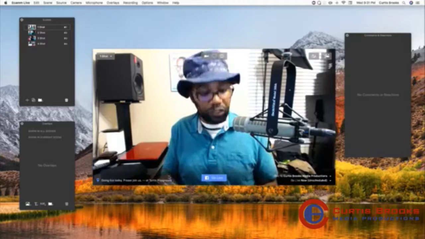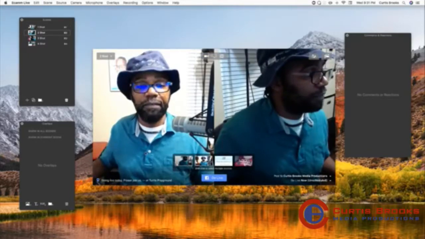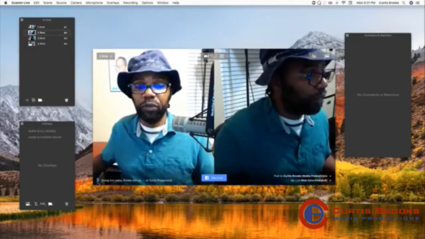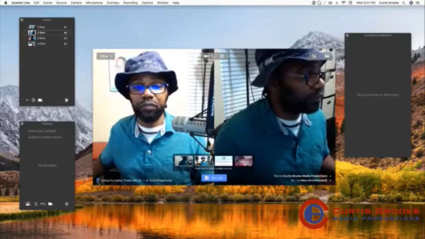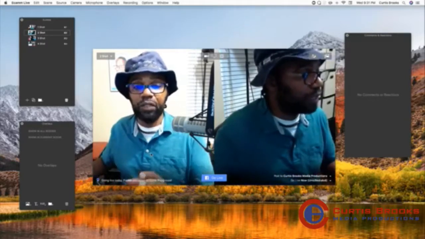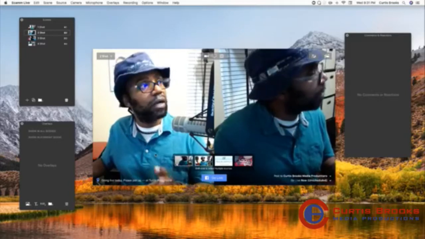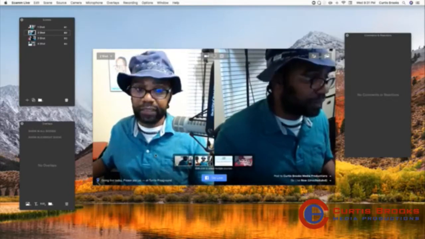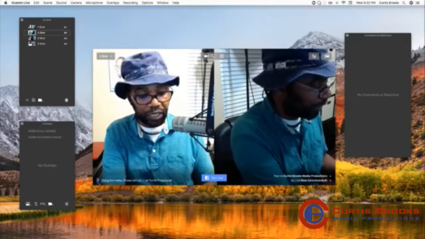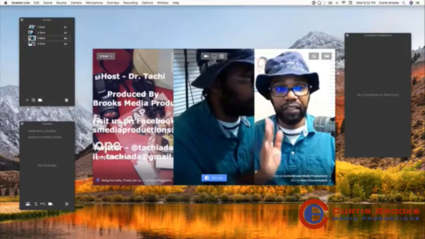And now if I want to go to scene 2, I press Command 2. And this is my Logitech camera. That's right here. And then the other camera to my right is going to be my FaceTime camera. Okay, so right now I'm looking at 2 shots here. It is a little delayed, so forgive me, but that's what it is. But anyway, Command 2 brings me to the double shot here. Command 3 brings me to the 3-person shot. Again, that virtual camera, the Logitech, and then the FaceTime camera.